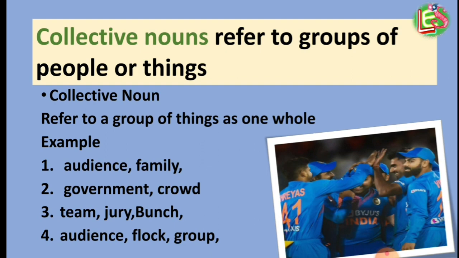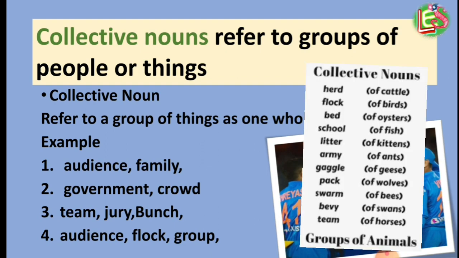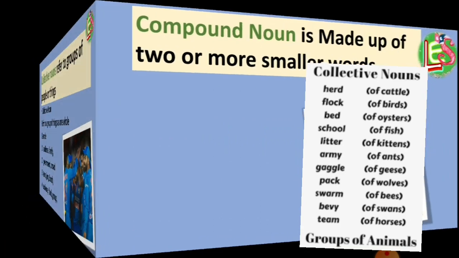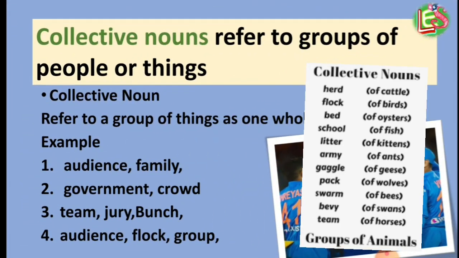And these collective nouns are used for a specific group. And there are several collective nouns and interesting names are given to the specific collective noun. If I recall properly, see, school of students, school of girls, girls school, boys school. This is an example of collective noun. But school of fishes, this example is also interesting.